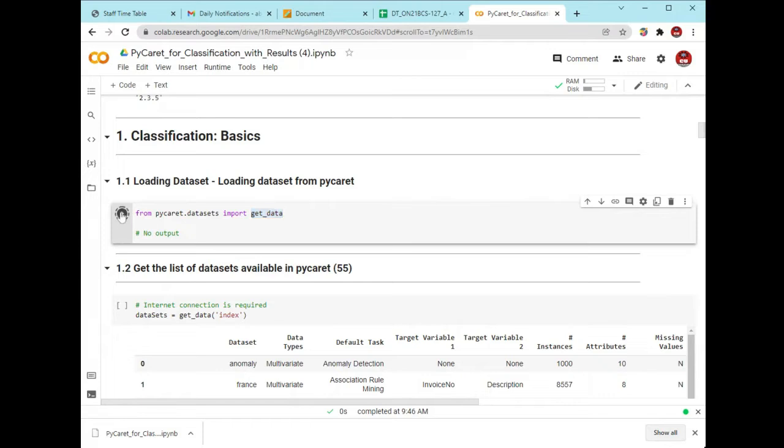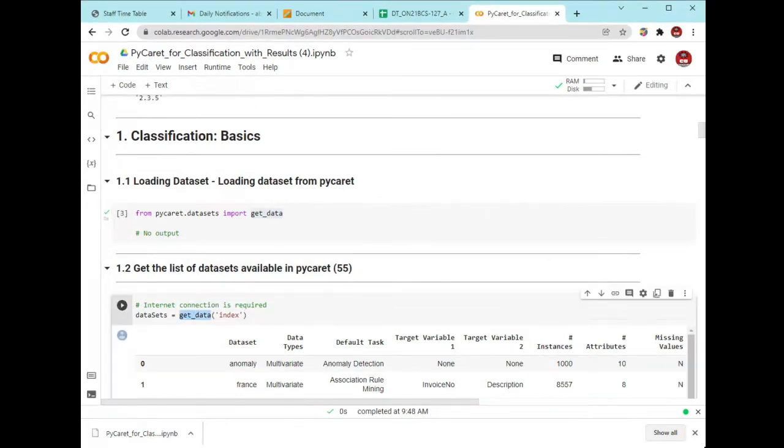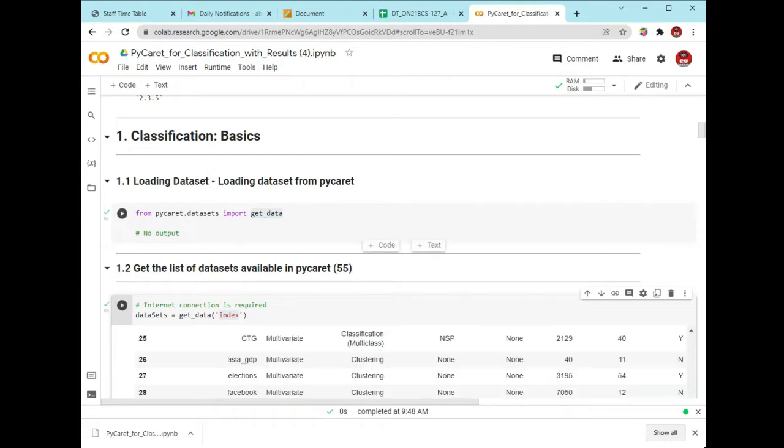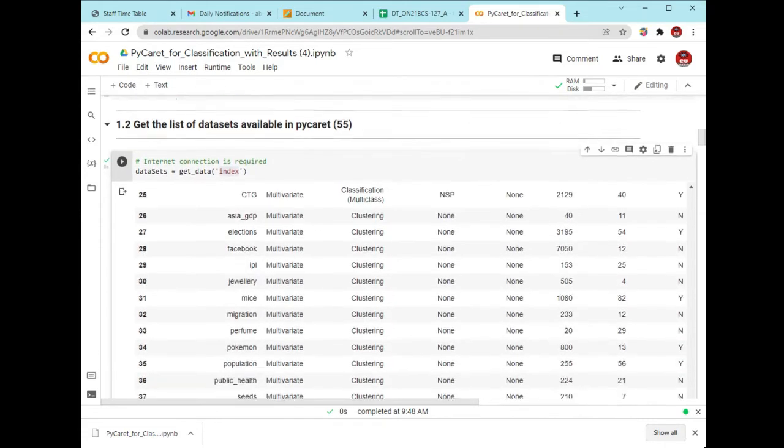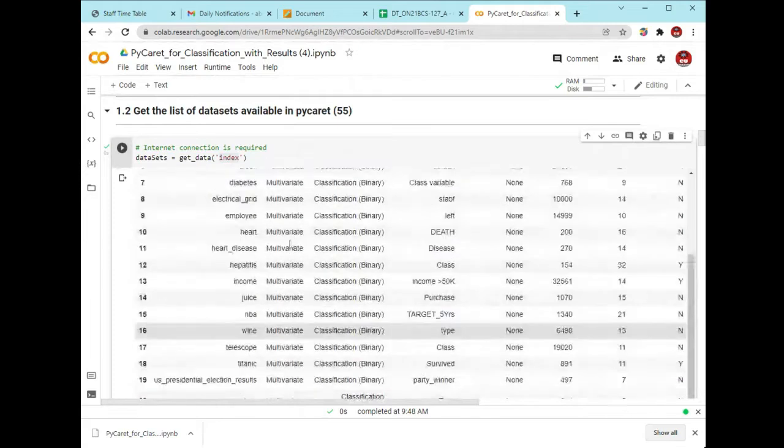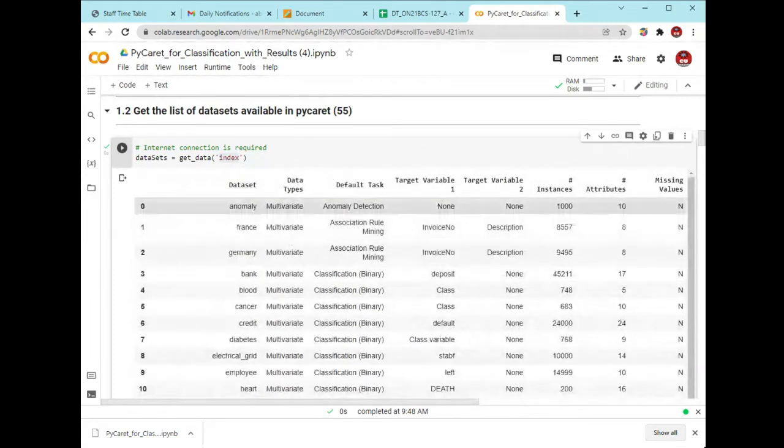So we will execute this particular line of code, and after that we are using this method get_dataset, and we are defining the indexes of all the data sets right here. All the data sets which are available inside this PyCaret library will be displayed right here.